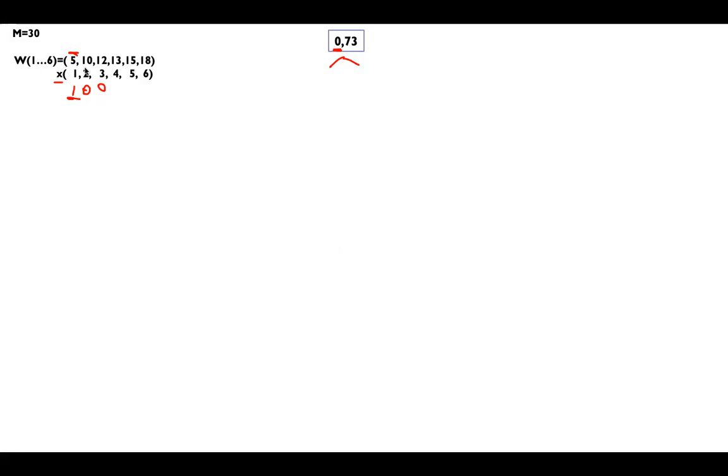If x1 is equal to 1, it means I have selected 5 in my subset. So we'll branch out towards left. We'll start with left. x1 is equal to 0 means we'll go to the right side of the tree. If any element is selected, we'll go towards left. If it is not selected, we'll go towards right. And we'll start further branching out from each child.